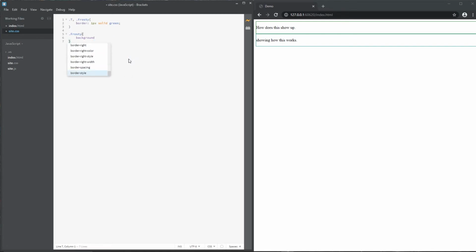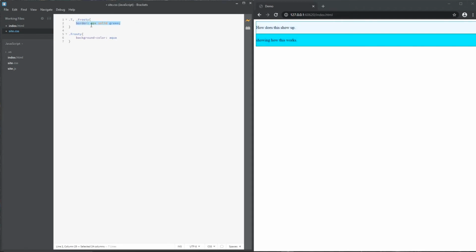color, if I can manage to type, of, we'll say aqua, right? So I can also define it like this. So I can say that Frosty has an initial border that's one pixel wide, that's solid in green, so you see the green border. But then I also say that Frosty, the specific class, is aqua for a background color, right? So the reason I'm going over this a little bit is mainly to show you that these style rules, as they're referred to,